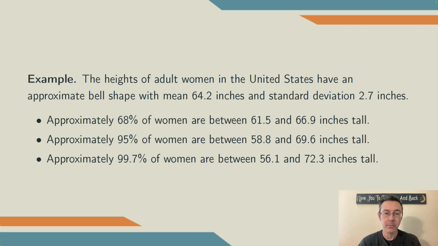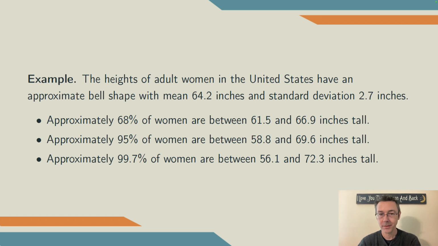So what I did is I took the mean of 64.2, I subtracted 2.7 to get 61.5, and I added 2.7 to get 66.9. About 95% of women are between 58.8 and 69.6 inches tall. So I subtracted another 2.7 inches from 61.5 and added another 2.7 to 66.9. Finally, about 99.7% of women in the United States are between 56.1 and 72.3 inches tall, just using exactly the